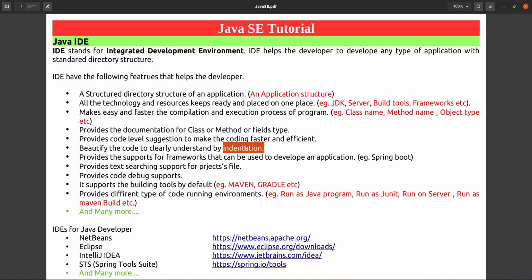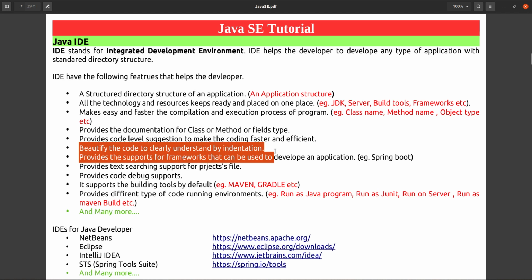Once you have started a new class, you are just writing in the next line only, and you are not keeping some space before the line, then your code will look very messed up. It will not be understandable also. So you have to make some indentation. By using this indentation your IDE can beautify your code, and that also will be helpful for reading purposes.